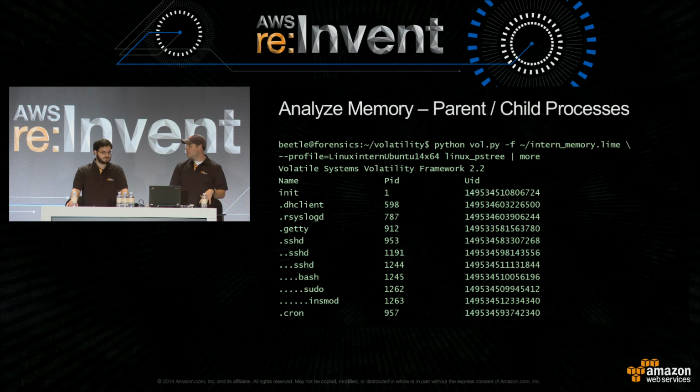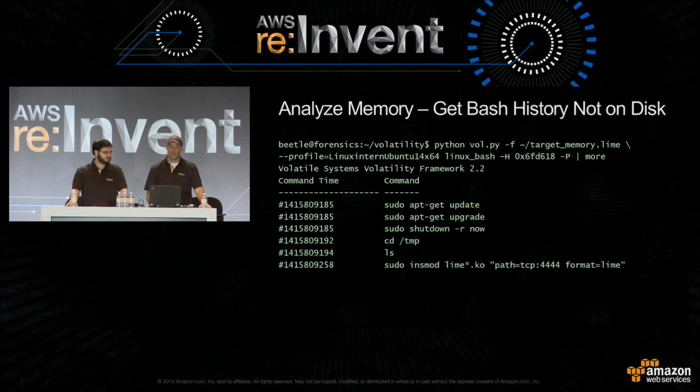Now that we have the memory over onto our forensics instance, we can use Volatility to pull things out of that and find out what's going on. In this case, we're doing a dump of processes. There's a tree-based version that allows you to see both parent and child processes. So if we look at that, we can actually see we've got SSH, we've got bash, we've got sudo, and we've got insmod. That actually is us having logged into the instance and performing the insmod of our Linux kernel module for extraction of memory. And that's expected. Everything else, though, we're going to want to pay attention to and do a little bit more investigation.